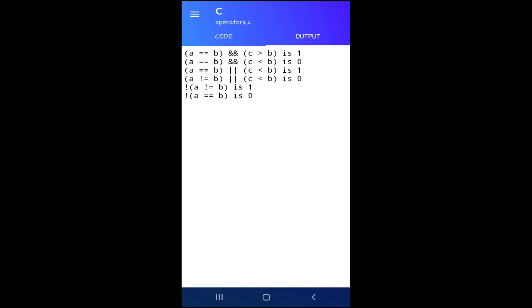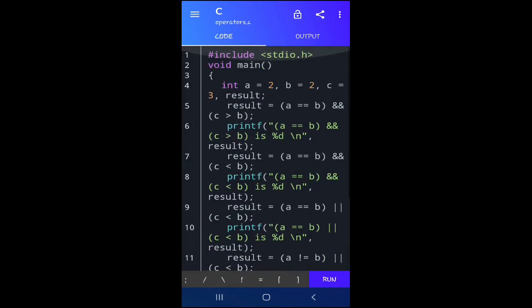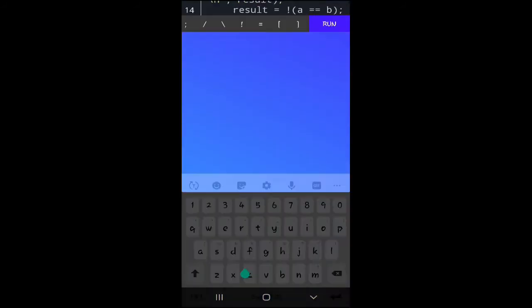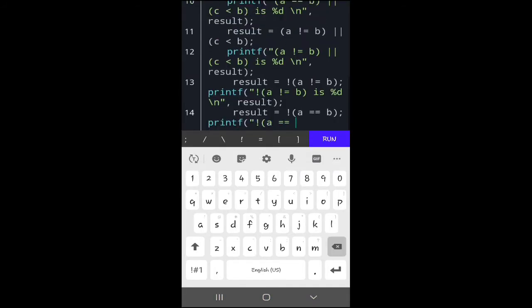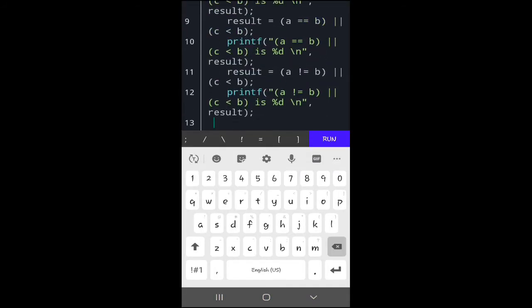This is the output. You might be thinking, hey man, you have been telling us that we use relational operators and logical operators in decision making and loops, so give us a demo. I could feel and read your mind, so let's